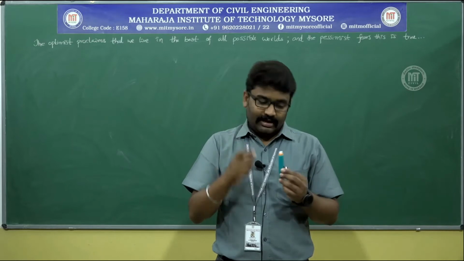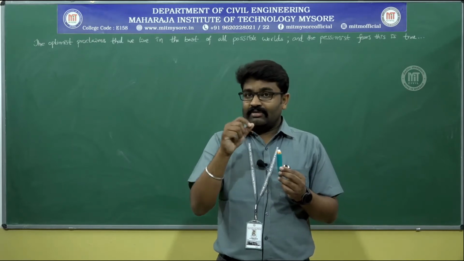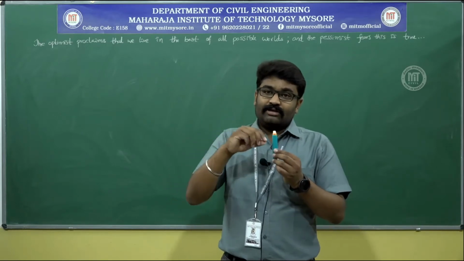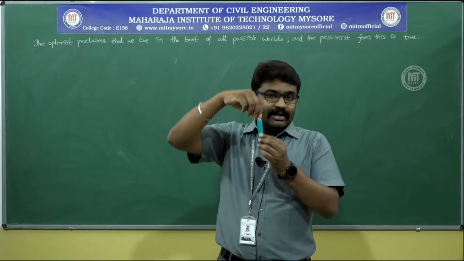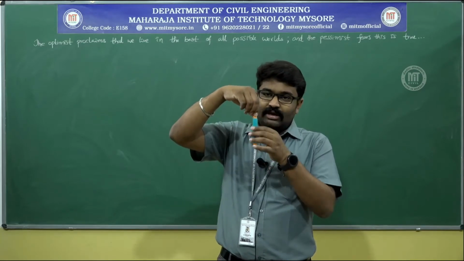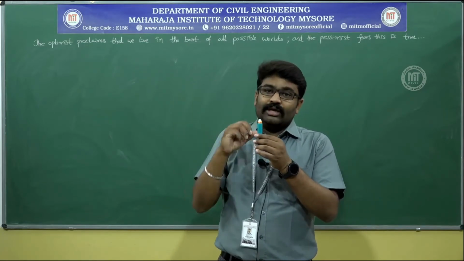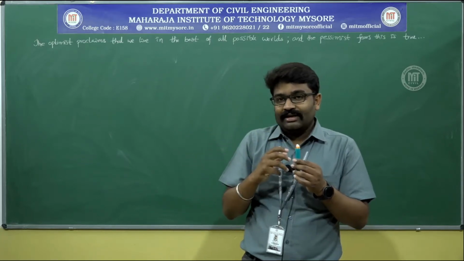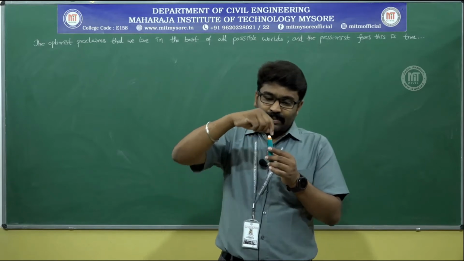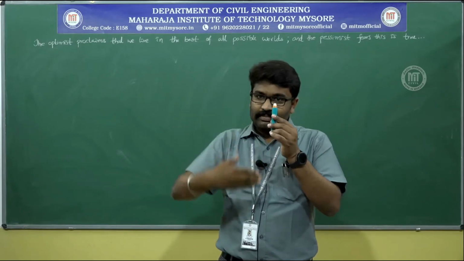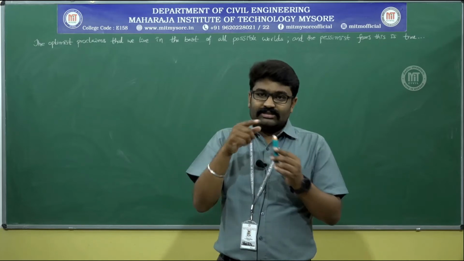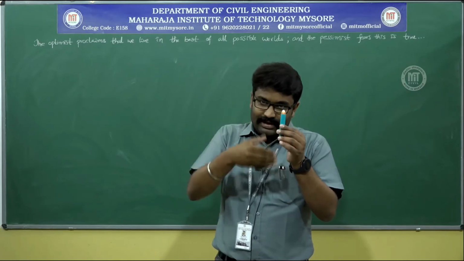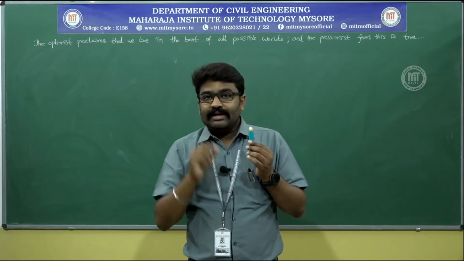How do we calculate the area? Again, area is the contact area. Be very careful, it is not the cross sectional area, it is the contact area. What is in contact with the liquid or the oil? The inner cylinder is in contact with the oil, and that is the rotating part. So the area has to be the contact area of that inner cylinder. How do we calculate it? It is nothing but pi d, that is the circumference, multiplied by length. So diameter is 15 centimeter into pi, multiplied by length 25 centimeter. You will get the area.